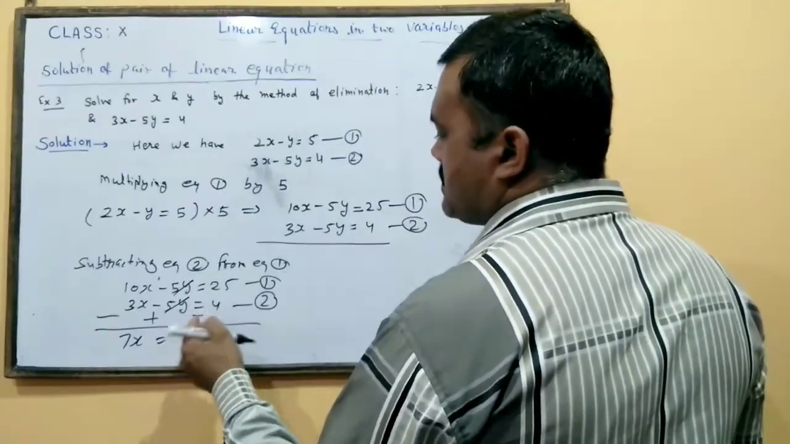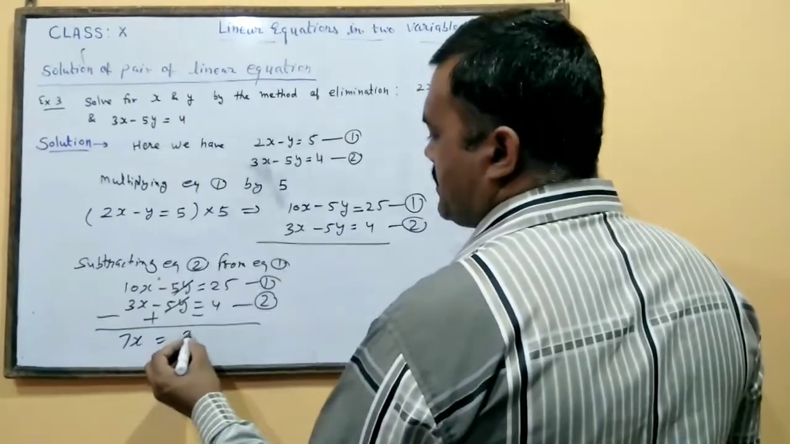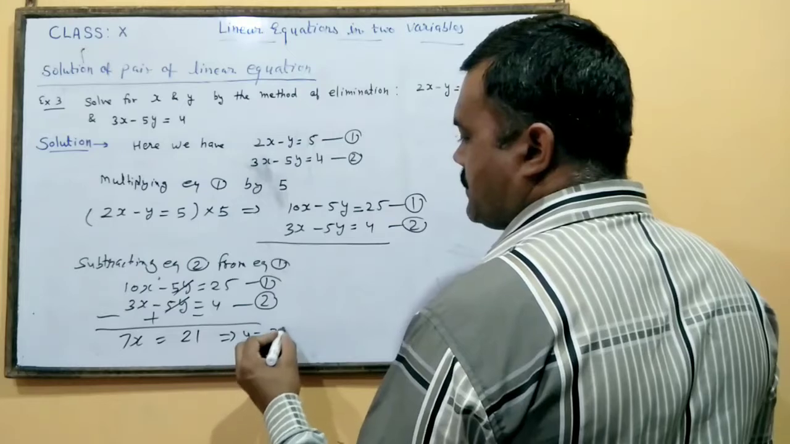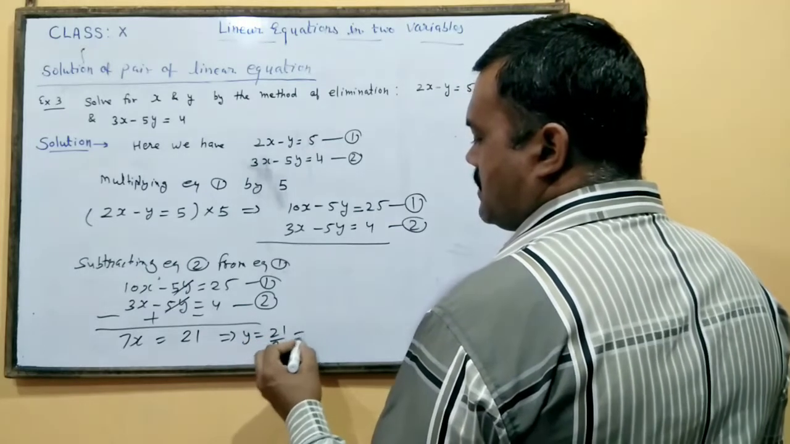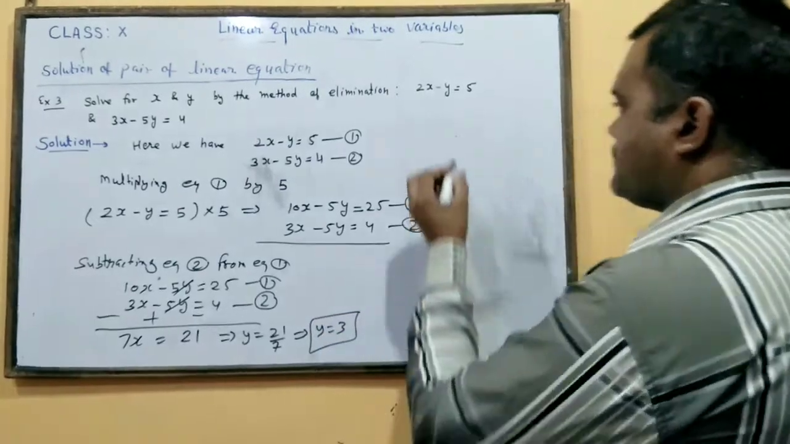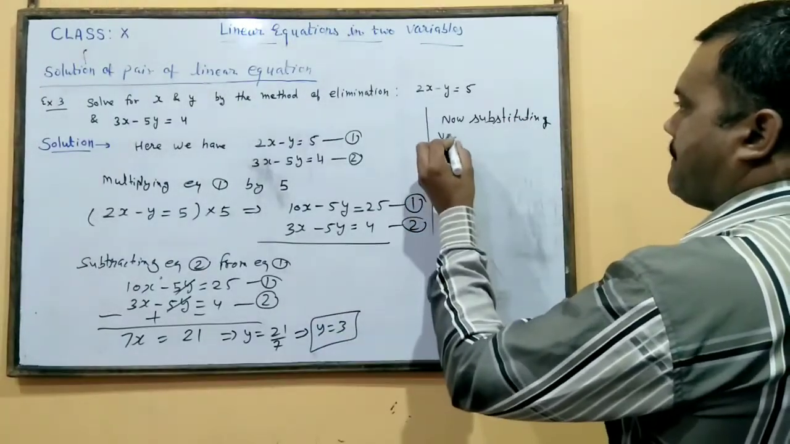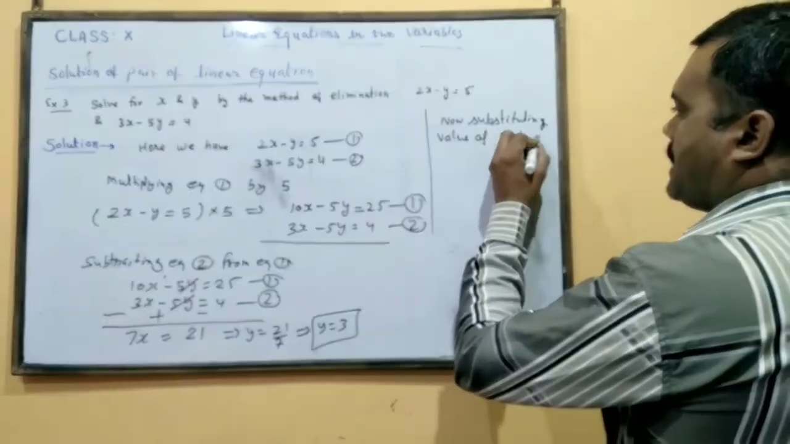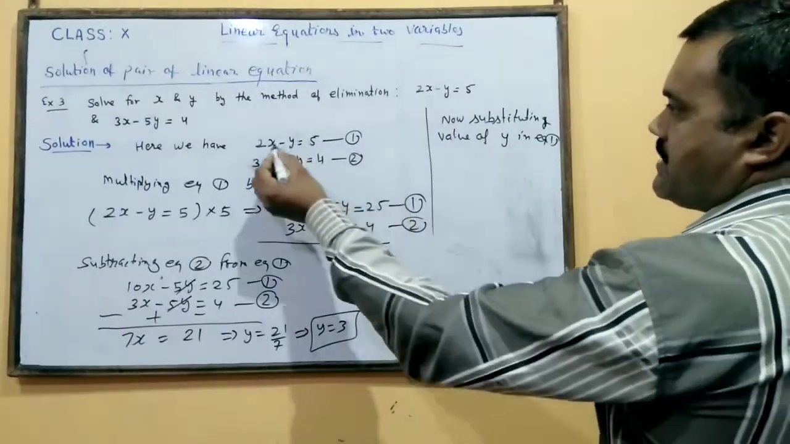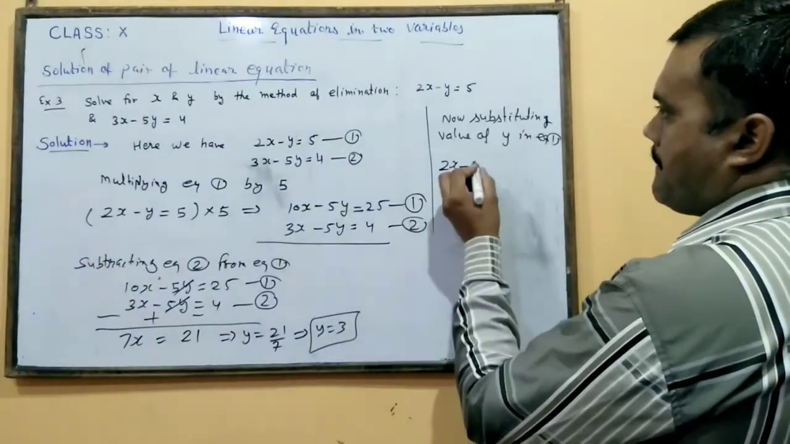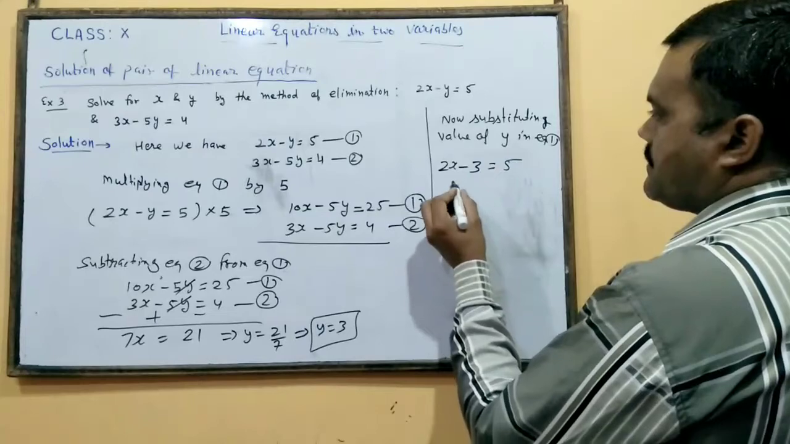This will be minus, so 25 minus 4 will be 21, hence y is equal to 21 upon 7, therefore y is equal to 3 will be the answer now. Substituting the value of y in equation 1, this one, so it will be 2x minus y, that is 3, is equal to 5,